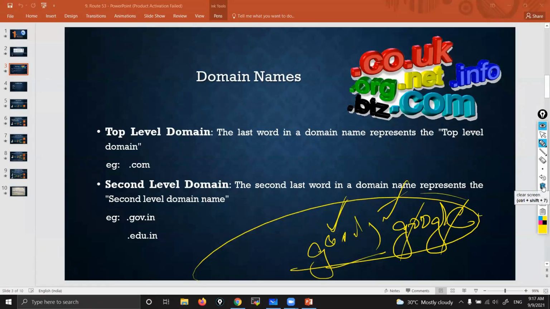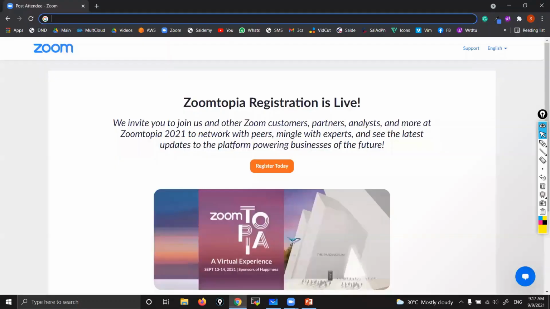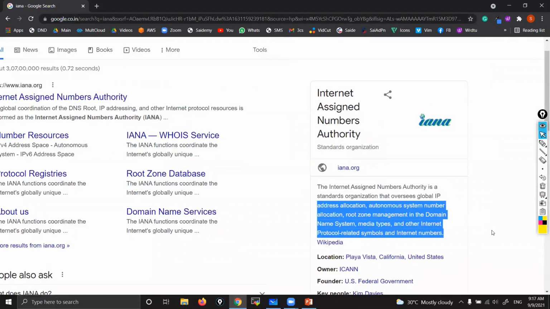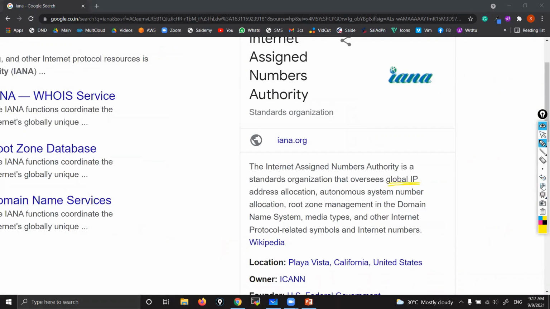So there must be some organization in the backend. It should manage all these domain names. For example, I want google.com, but that is already engaged with Google company. So who is managing all these things at the backend? Yes, there is one company called IANA. This organization is responsible to manage global public IP access. Private IP, no need, right? Anyways, we can use it again. It oversees global IP address allocation and also the management of domain names. This organization is managing this.